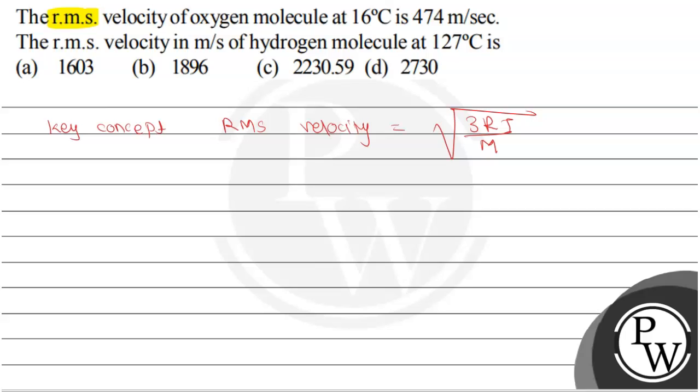But here you have to take the ratio, that is, oxygen is given. So VRMS for the hydrogen to the VRMS of the oxygen: 3R is constant here, so VRMS is directly proportional to the square root of T and inversely proportional to the square root of mass. We can write it here: VRMS for the hydrogen in the numerator and VRMS for the oxygen in the denominator, which is equal to